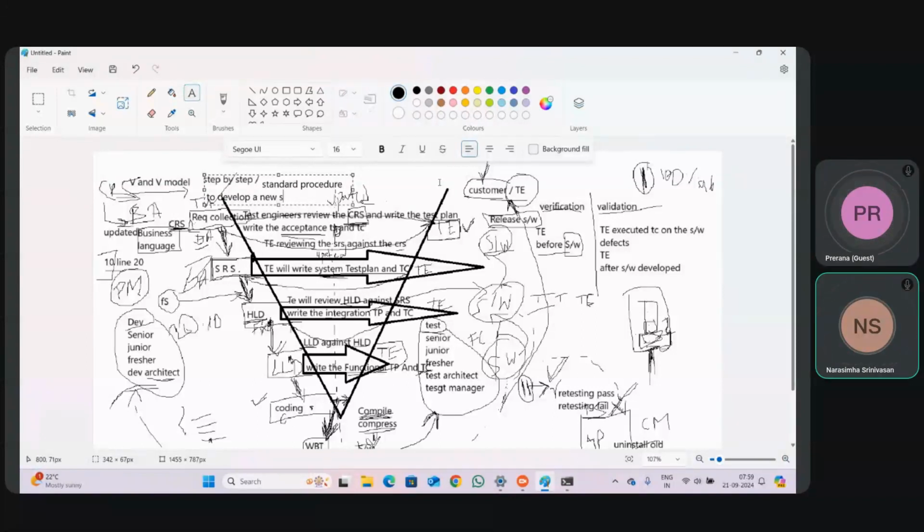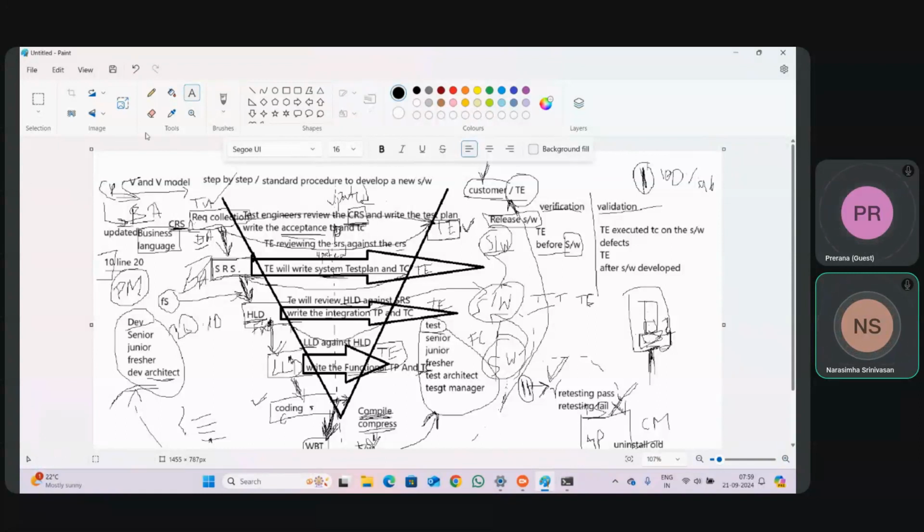I think you have seen this definition everywhere. What is the waterfall model? Same definition. What is the V&V model? Same definition. What is STLC? Also the same definition. So it is a step-by-step procedure or standard procedure to develop a new software.